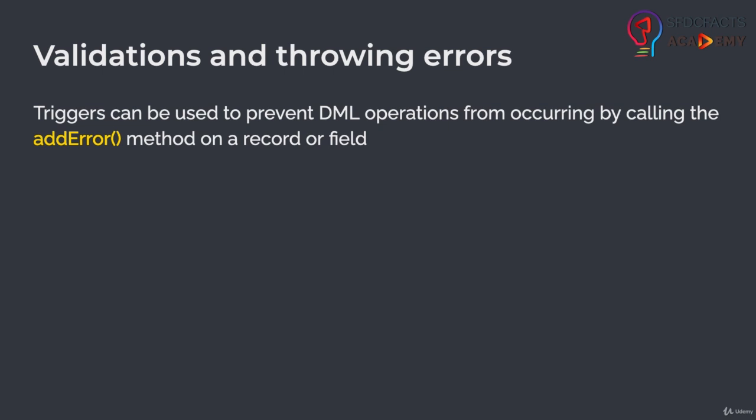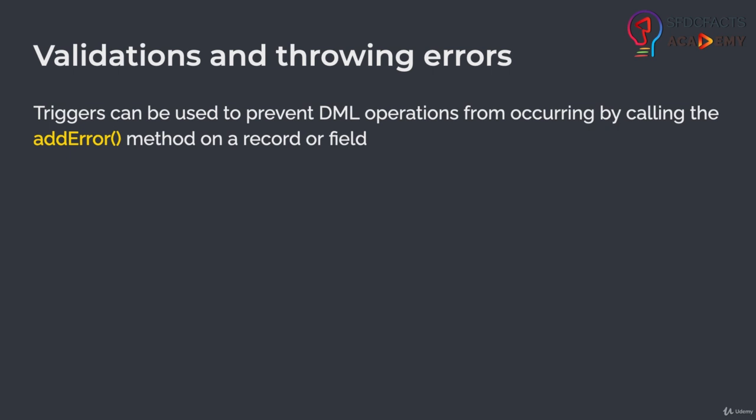You can use an Apex trigger for validation purposes as well. And if you want, you can also throw an error from an Apex trigger. When you throw these errors, all the DML operations will be cancelled and the complete transaction will be rolled back. To throw an error from an Apex trigger, you can use the addError method from the sObject class, and you can